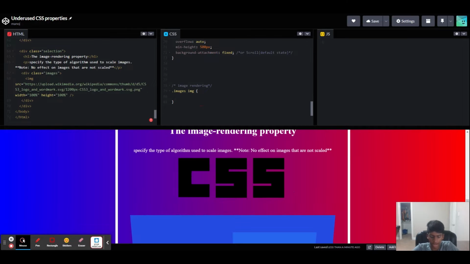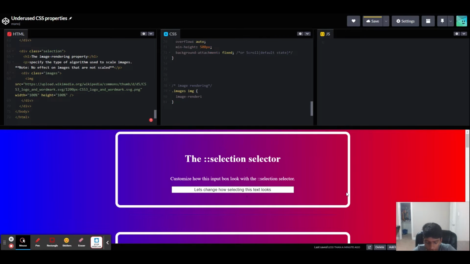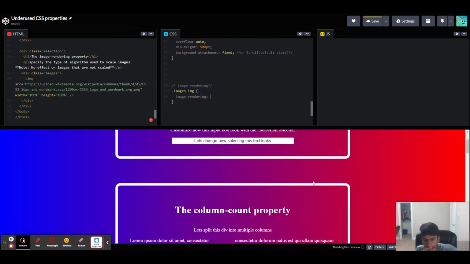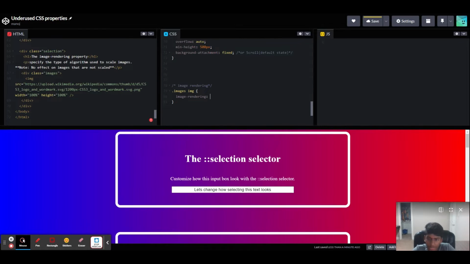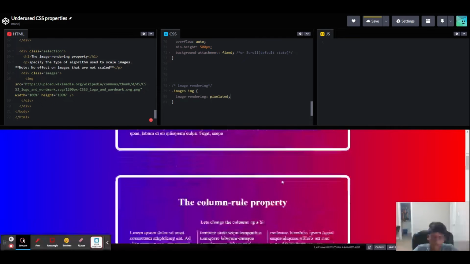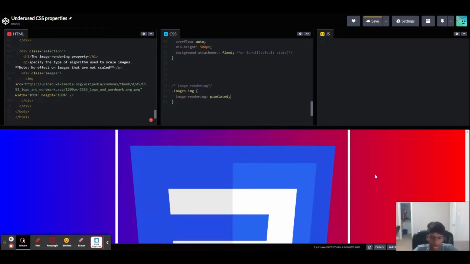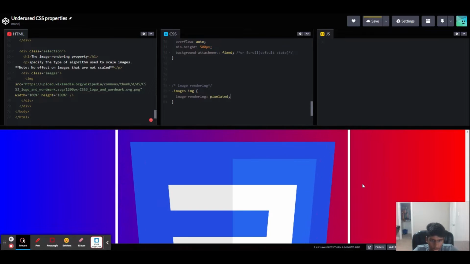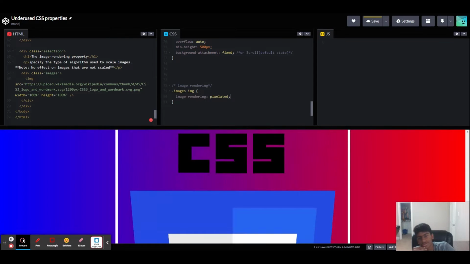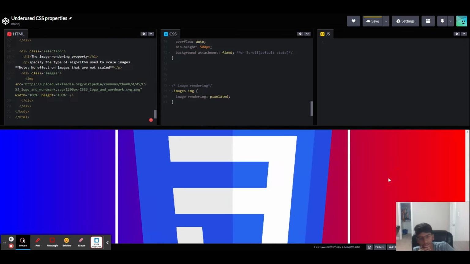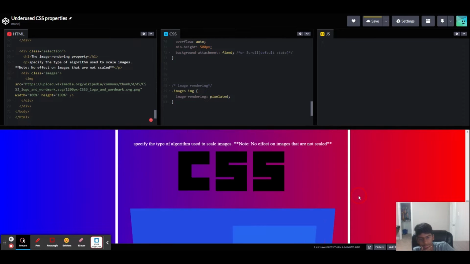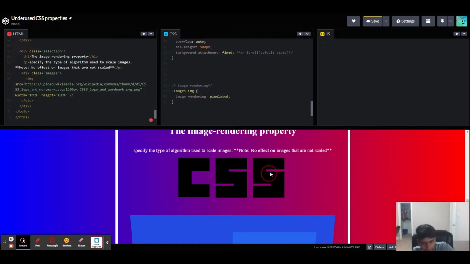So as you can see here, I can just write image rendering. I can choose the algorithm that is used to render the image. You have multiple options. One of them is pixelated, so a pixelated effect. Let's wait, it should have refreshed. Well, I guess it's harder to tell on this image because it's kind of hard to do it on